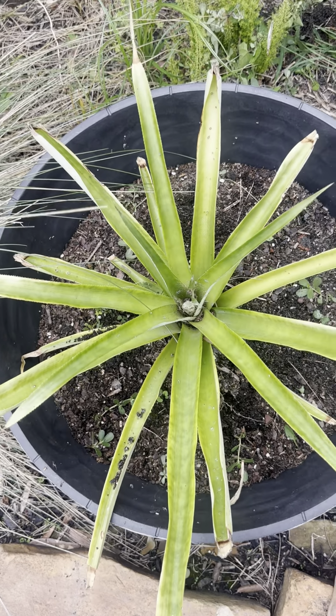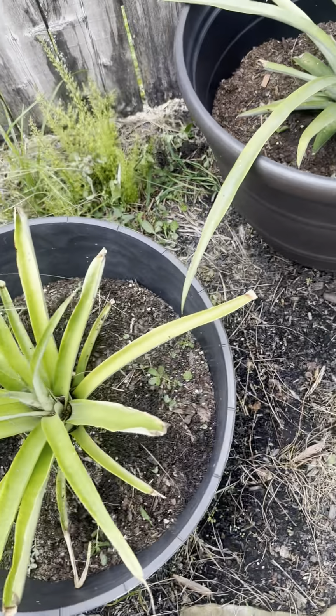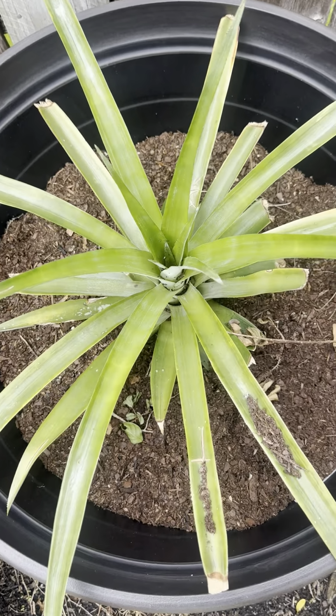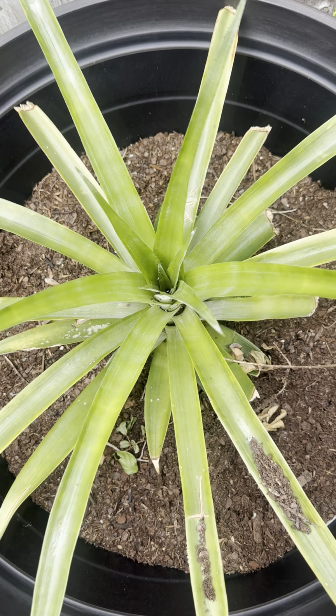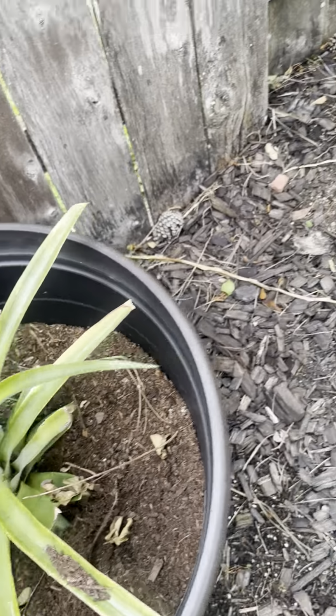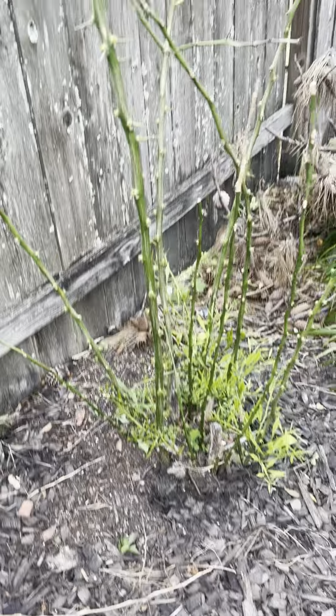One year I had a nice green frog inside. So these are doing really well. And so I'm pretty comfortable that they're gonna do well. Not sure if they're gonna produce fruit. So then that brings us over here to our